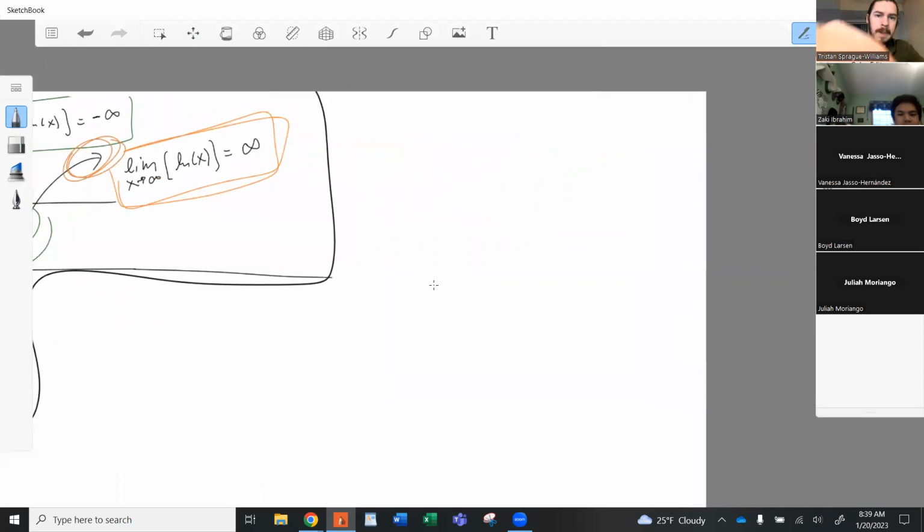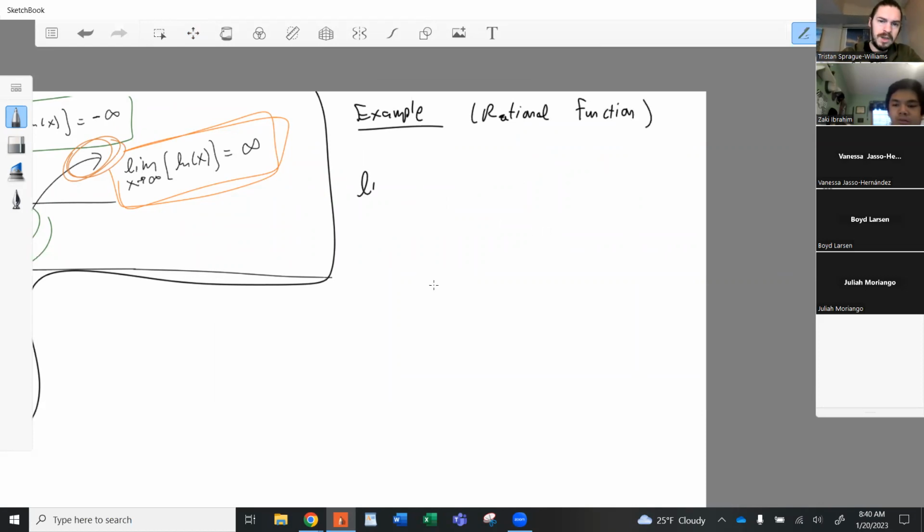So first, let's look at a rational function. Let's look at the limit as x approaches infinity of